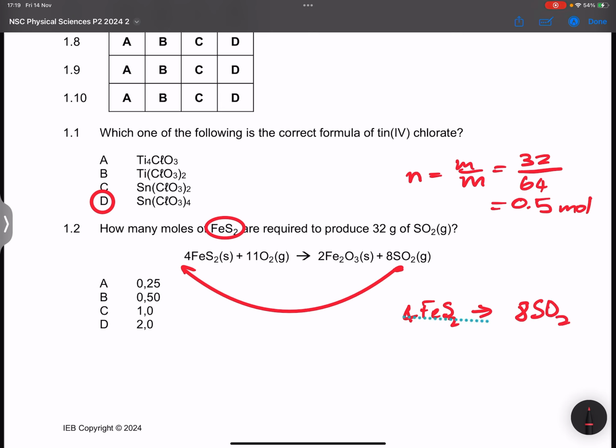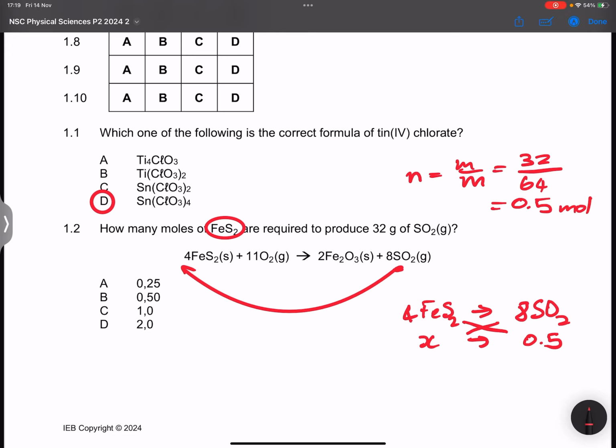So in this case, we're looking for how many moles of iron sulfide will give us 0.5 of sulfur dioxide. Now please, I want you to note this is a 1:2 ratio, but what you can do